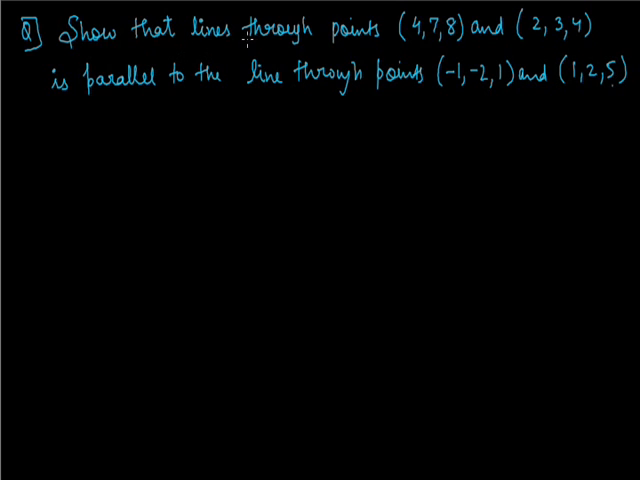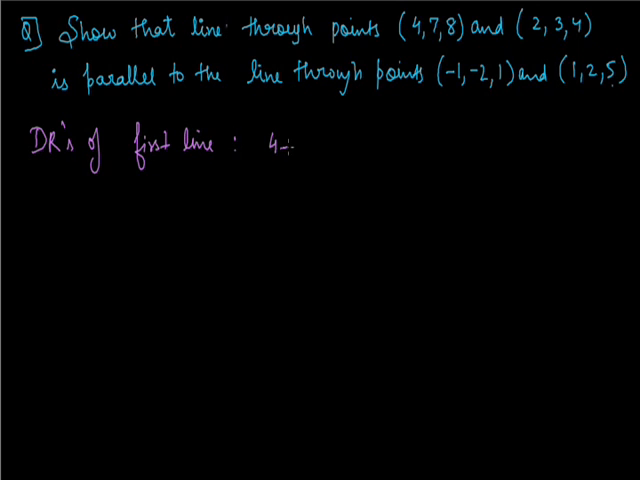We need to show that the line through points 4, 7, 8 and 2, 3, 4 is parallel to the line through points minus 1, minus 2, 1 and 1, 2, 5. So to show that these two lines are parallel, we just need to prove that direction ratios of this line and direction ratios of this line are proportional to each other. So DRs, that is direction ratios of first line,